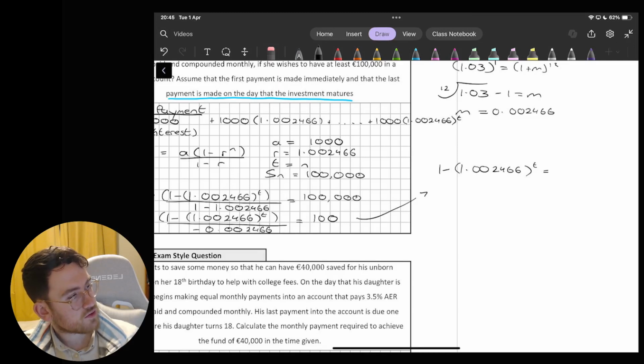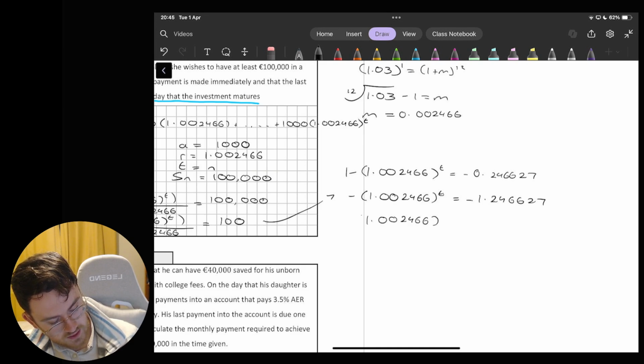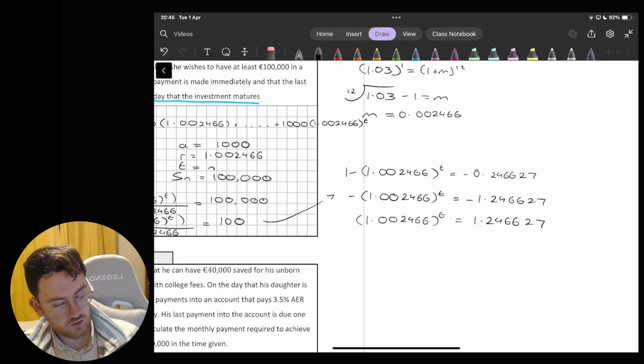what is that going to give me overall here? Minus 0.246627. So let's do a little bit of work here on this one. We'll keep our minus here for the moment, and we can deal with it in a second. So that's going to give me minus 1.246627, 1.002466 to the power of t equals 1.246627. Okay, I'm going to convert to log format now, so I'll just do a quick little base,